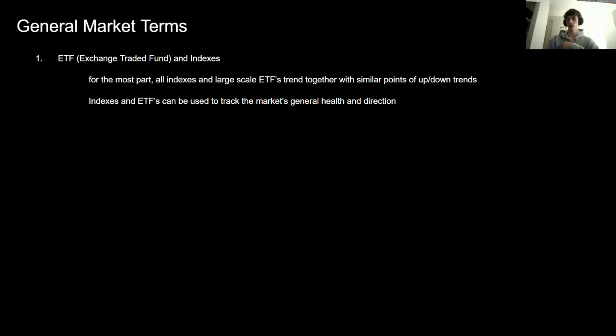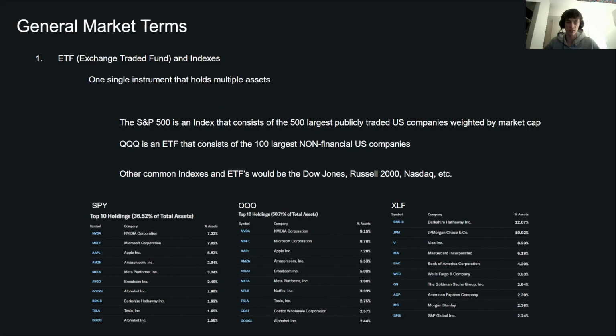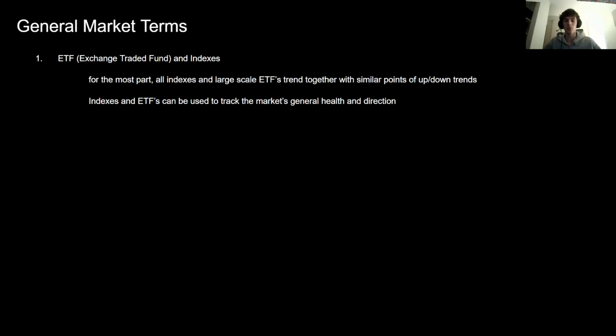And so continuing with ETFs and indexes, for the most part, all indexes and large scale ETFs trend together with similar points of up and down trends because they're so large and they hold a lot of the same stocks. If you wanted to look at this, the top holdings of SPY and QQQ are almost the same thing. But because they move together so much, ETFs and indexes can be used to track the market's general health or